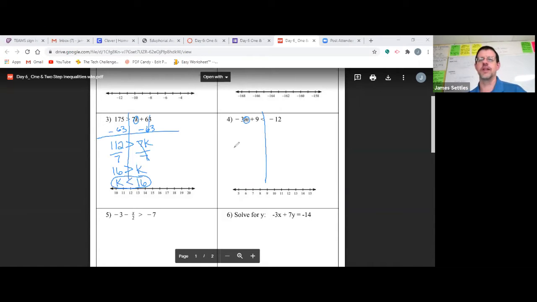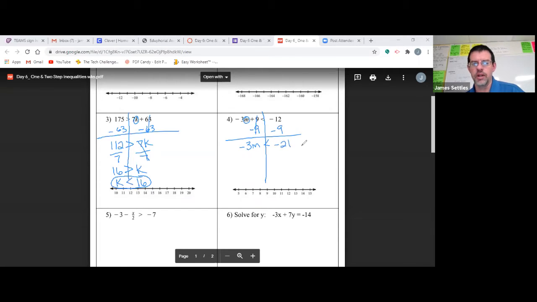And the M is the center of the onion. The 3 is right next to it, so it's also in the center with the M. So the outside of the onion would be the 9. So we're going to minus 9 to both sides. So this cancels out, and we have negative 3M is less than, and then negative 12 minus 9 would be